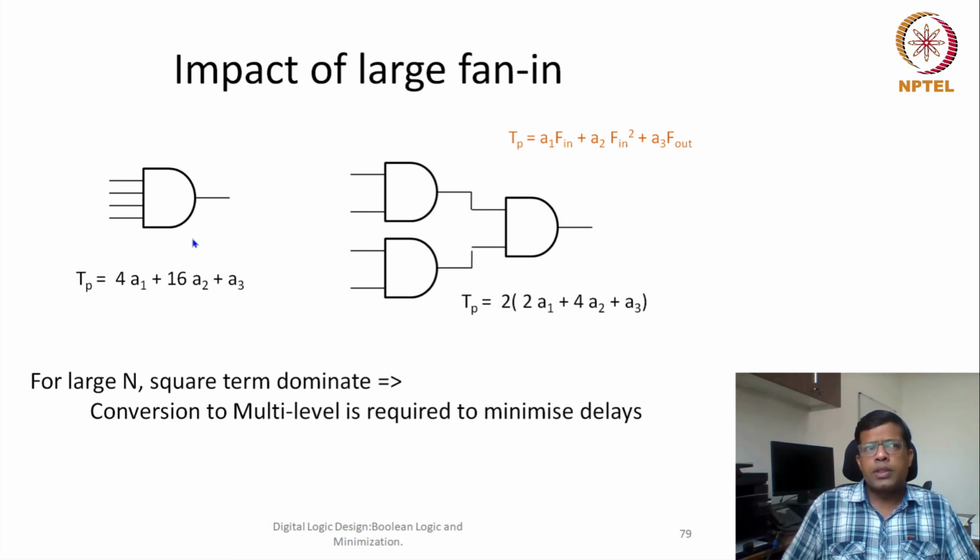So this gives us slightly conflicting remarks. In our first remark we said that a 2-level implementation looks like a good implementation because the delay we know is certain, that it's a 2-stage delay of the first stage plus the delay of the second stage. Now we are saying that if there is a gate with large fan-in, then we are forcing that particular gate to be implemented as a multiple stage or multiple level implementation.